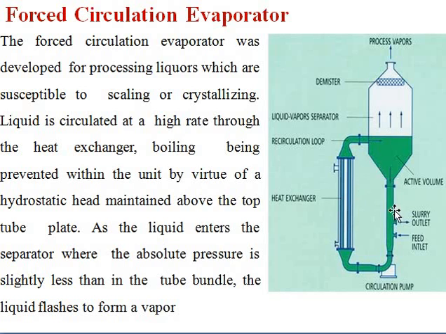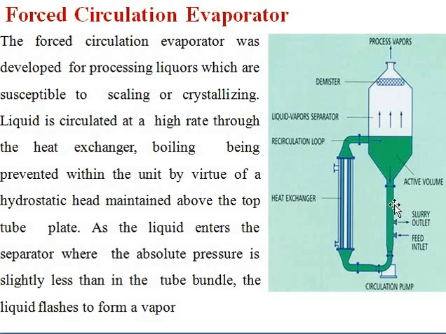The concentrated food product will be collected from this side. Here you can see that this one is the feed inlet, clear. This one is the pump. It will force the food product, and heating will go on with the help of this steam, and we are condensing the water vapors, and after this evaporation the concentrated food will be collected from here.